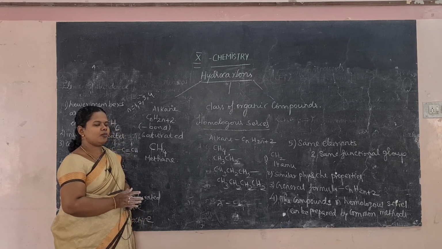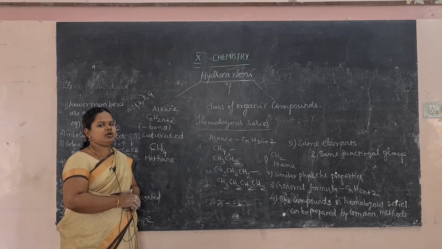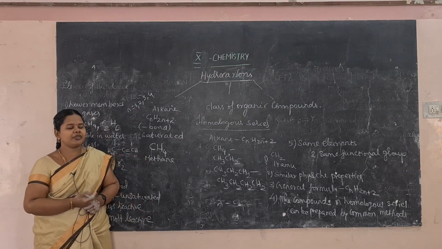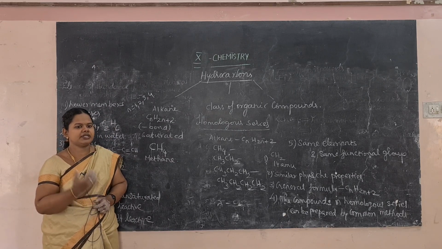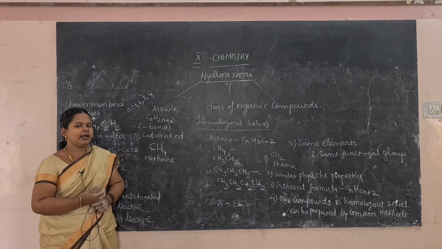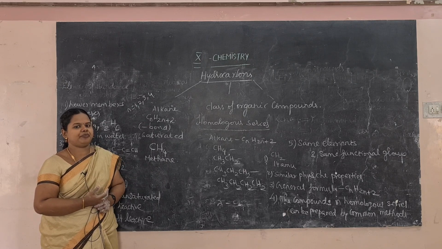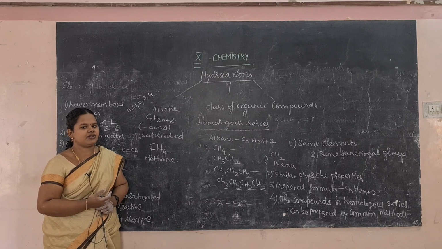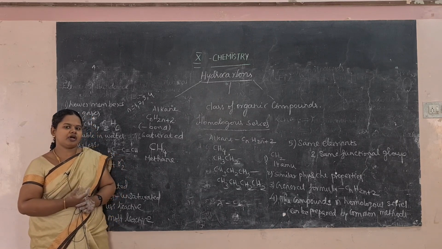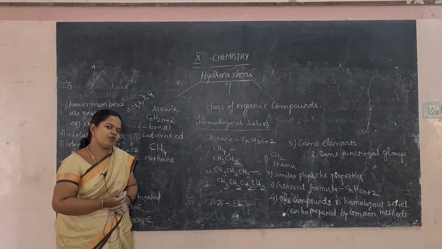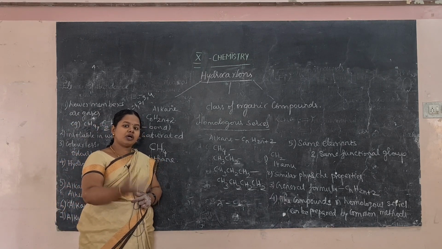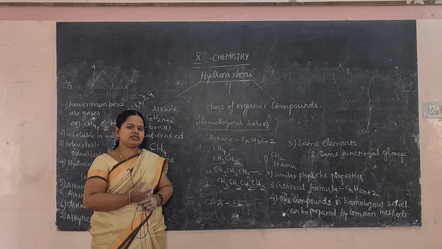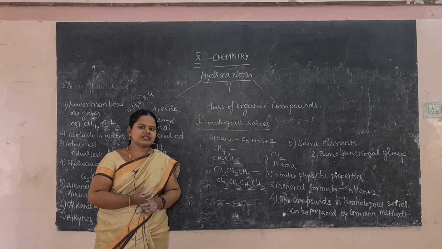So today we have learnt about the classification of organic compounds based on the kind of atom. In that we have learnt about hydrocarbons, that is alkane, alkene and alkyne, and the characteristics of those hydrocarbons. Then the test for saturation and unsaturation, then classification of organic compounds based on the functional group. Then we have learnt what a functional group is and some of the functional groups. Then we have learnt about homologous series and the characteristics of homologous series.